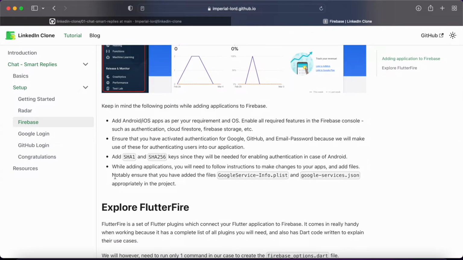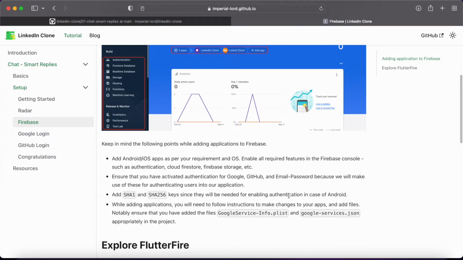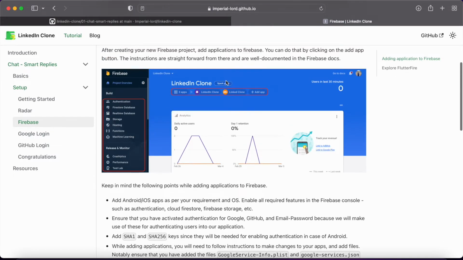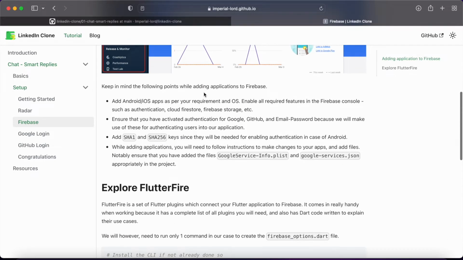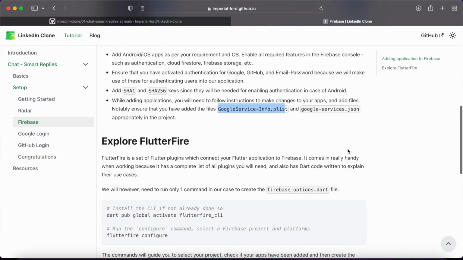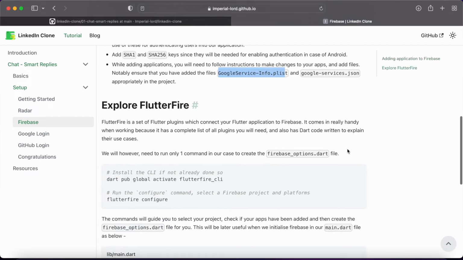Make sure you add your SHA keys to the project, and you'll find a link to that in the help option when you're adding your Android application. And finally, make sure that you download these 2 files, the GoogleService-Info.plist and google-services.json, and put them in appropriate places inside your project. So Firebase is done.